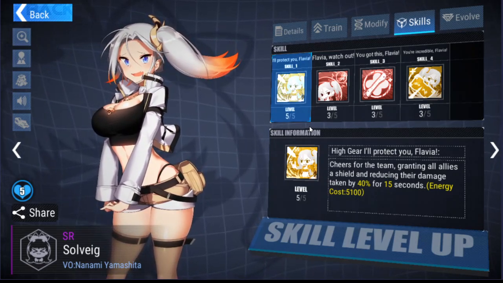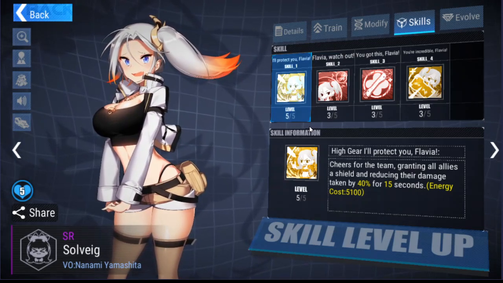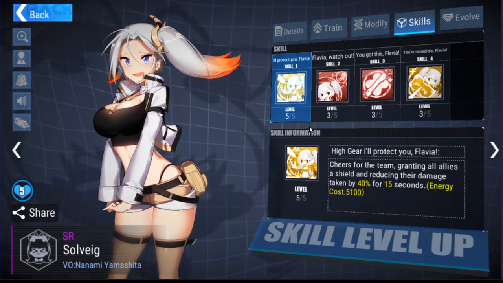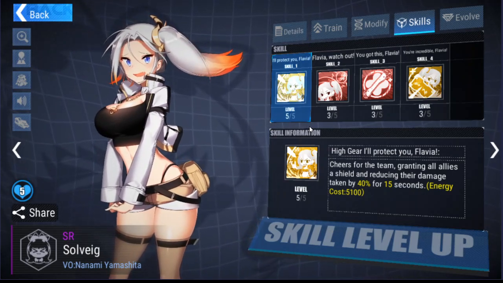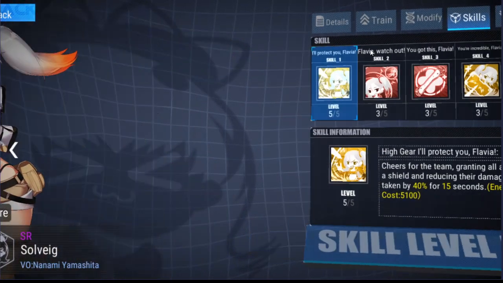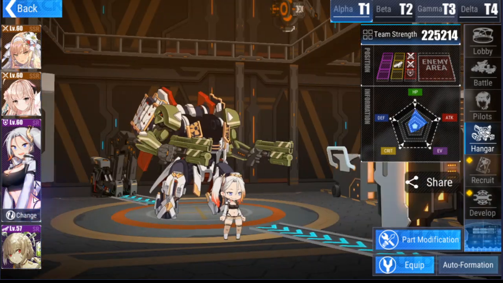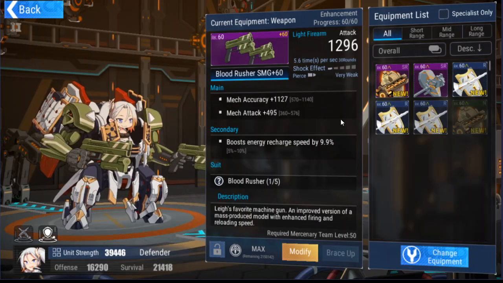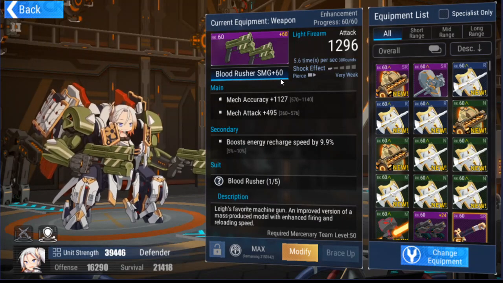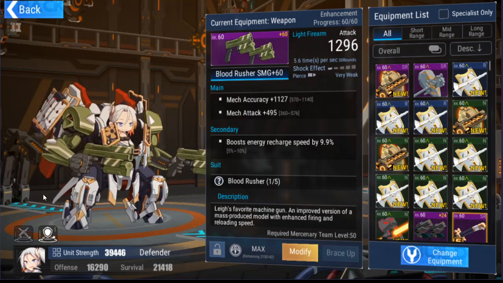when you initially start, this will be something that you'll find to come on every once in a while. But what you do is, give me a sec, because this is what beautiful knowledge was bestowed onto me. So you see this part right here. This part right here is called the Blood Rusher SMG. This is Lay's signature weapon, which you'll be able to farm later. But